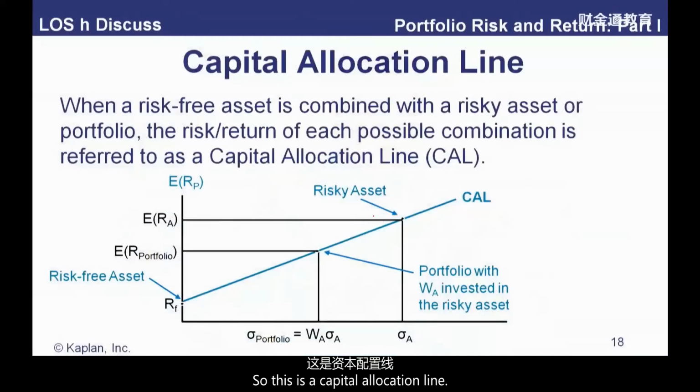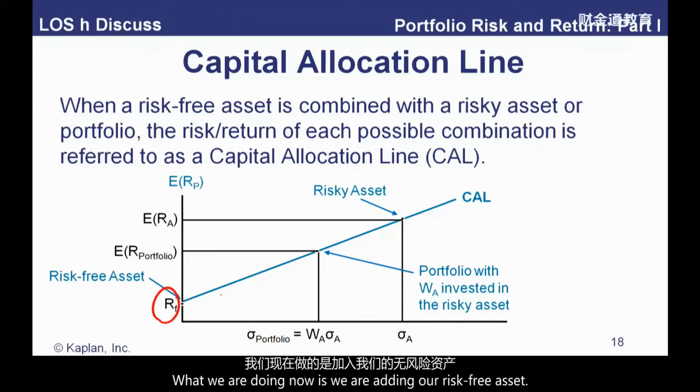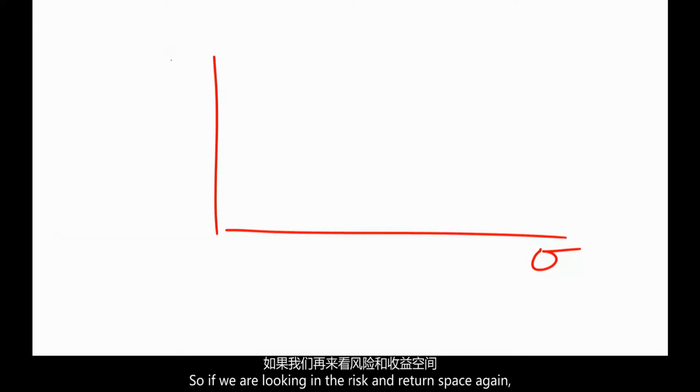So this is a capital allocation line. Right? And a capital allocation line simply raises the specter of having a risk-free asset. So remember, two slides ago I said, oh, this is sometimes called the risky asset efficient frontier. Okay, what we're doing now is we are adding a risk-free asset. Okay, and this capital allocation line simply says this. Right? So if we're looking in the risk-return space again,